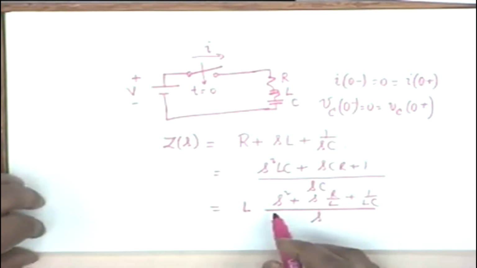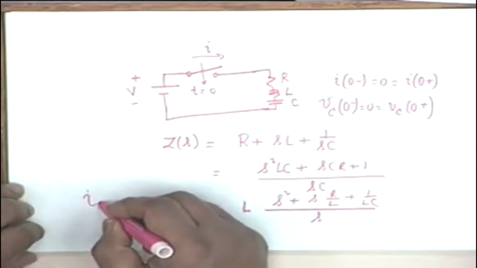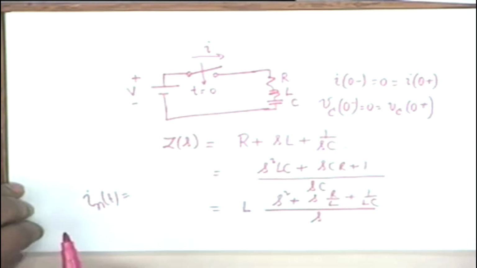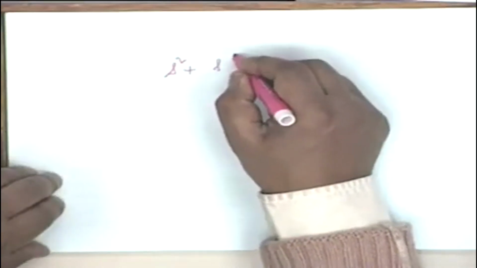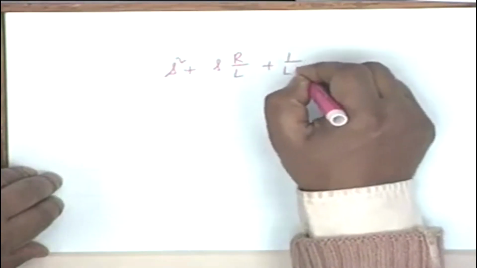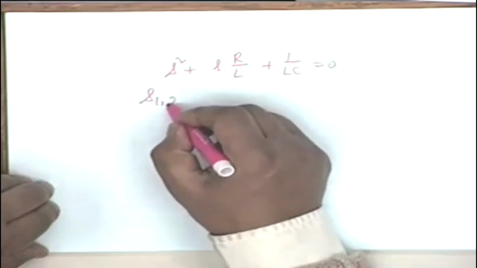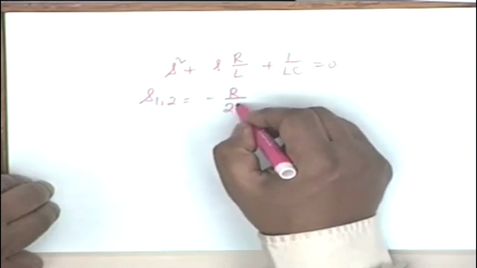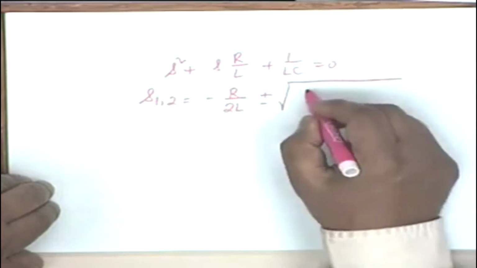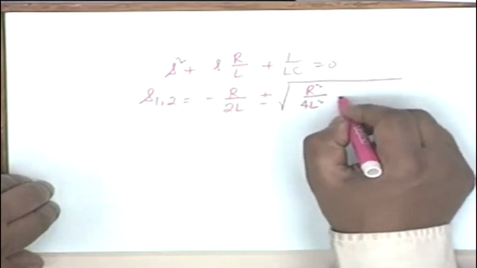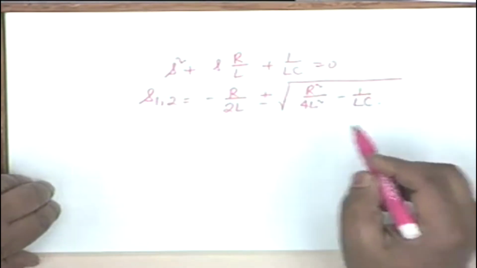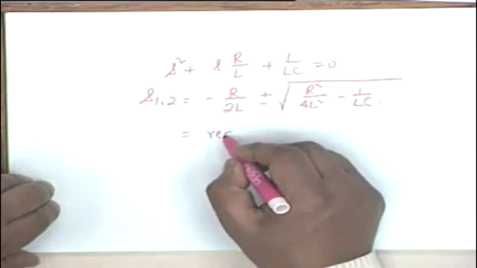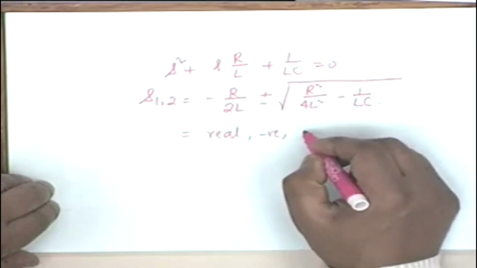that is at S equal to 0. So the natural response of the circuit, that is I N of t, would have two exponential components, and these components shall have the frequencies given by S squared plus SR by L plus 1 over LC equal to 0, which means that S1,2 shall be equal to minus R by 2L plus or minus square root of R squared by 4L squared minus 1 over LC. And depending on the sign of this, S1,2 can be real, negative, distinct